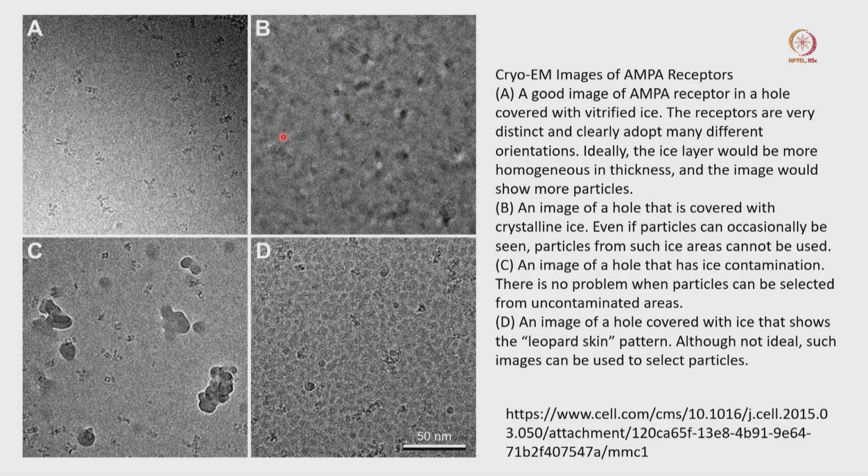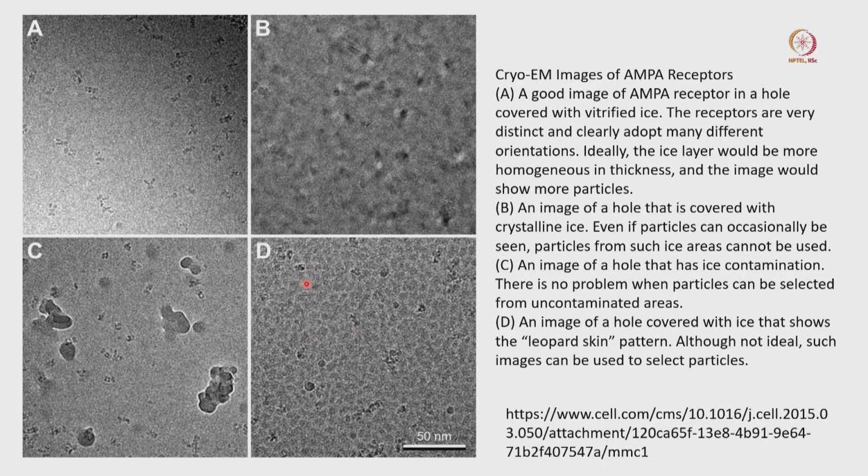Now there is another ice pattern, again a very uneven one, where there are black patches at different positions, and this is not uniform ice. In between there is a microcrystal deposited here. This is another problem: because of the slow change of temperature, you can see a leopard skin pattern. This circular leopard skin pattern you can see in your grid when you image those samples.